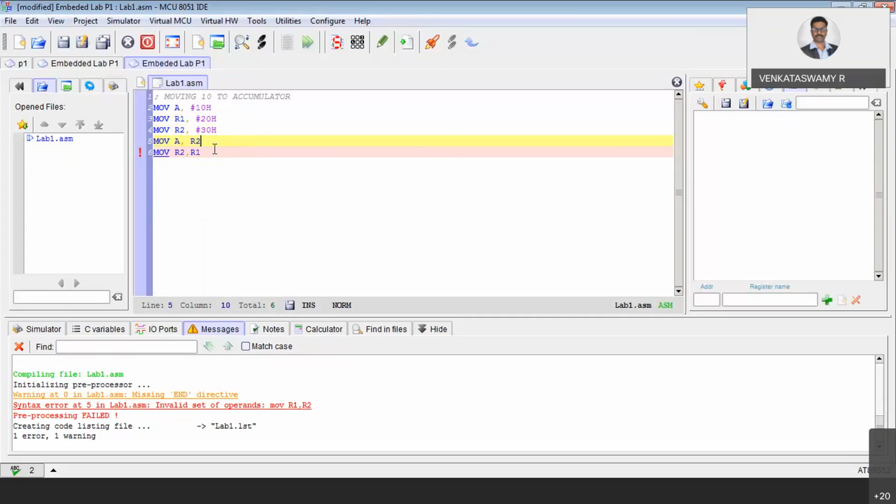Then the next instruction, move R2 comma A. The existing instruction you modify, that R2 comma R1. Now what do you do? Move R1 comma A. Okay, now this instruction does not have any error. So now can you run this program and validate? Yes, sir.